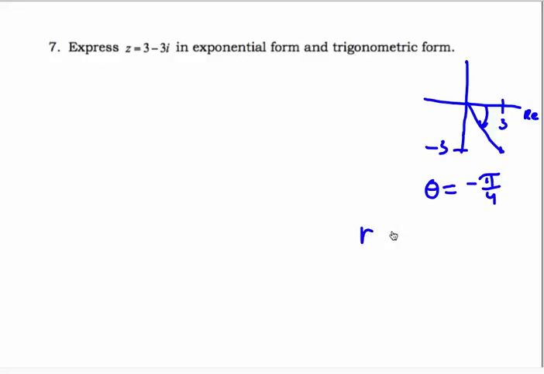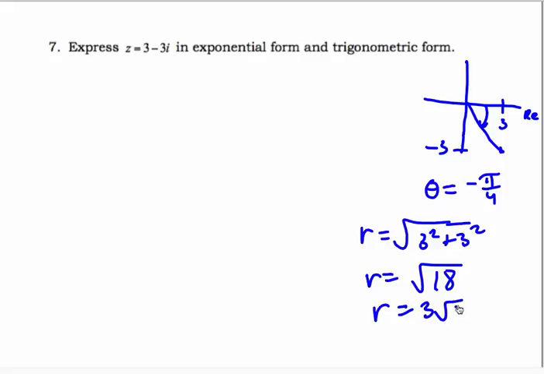And the modulus is always root this squared plus this squared: 3 squared plus 3 squared, which equals root 18 or 3 root 2. Okay, so that's 3 root 2, and to write it in trigonometric form,